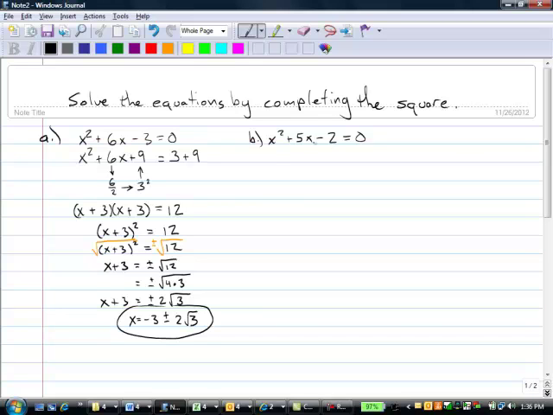The next example is very similar, but it looks like it's going to involve a fraction. Recall what the first step was? See if you can remember. What did we do on the left side? We moved the constant term over. X squared plus 5x. I think I'm going to leave that as a separate step. And then